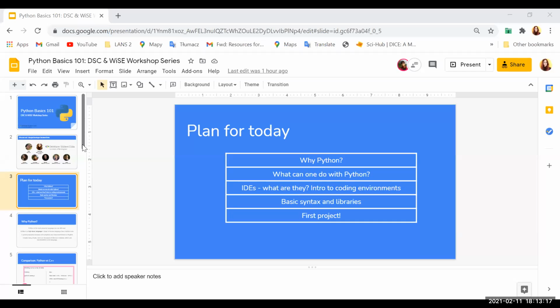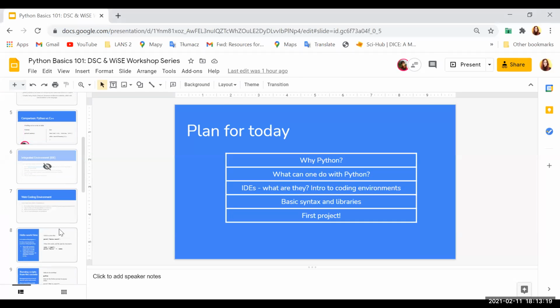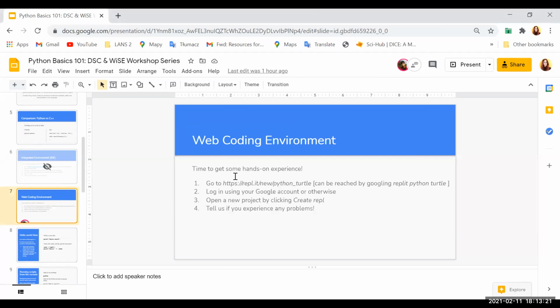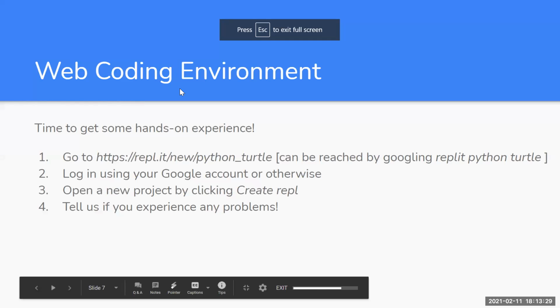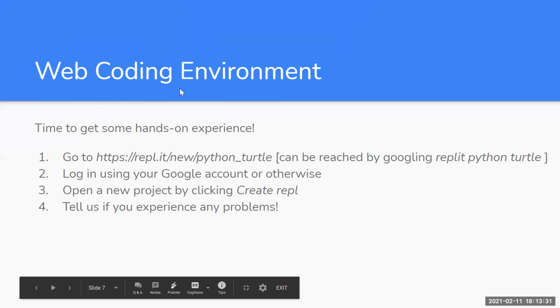Yeah, very good analogy with the walking thing. So we're going to use something called a web coding environment, because Python, as simple as it is, requires some kind of program to run.